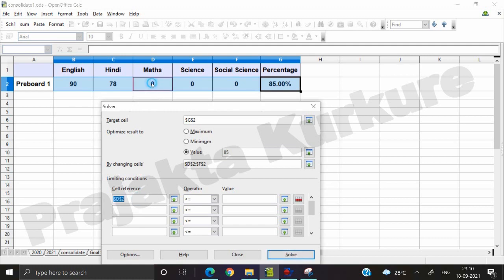So here I'm clicking, then selecting the maths, and then maths should be less than or equal to 100. So maximum marks can be 100, and it should be greater than or equal to 35. So this I'll be doing for all the subjects, all these 3 subjects. Now both of the ranges you need to specify over here, otherwise you may not get the proper result. So now this again I want it to be less than or equal to 100 and greater than or equal to 35.